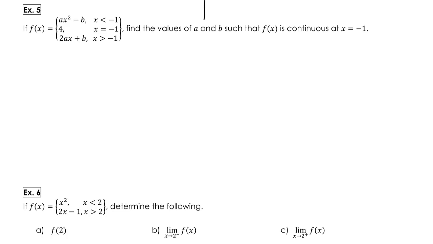Okay, so they are asking us to find the values of a and b such that the function is continuous at -1. Remember, continuity means the limit has to equal the output. If we look at these independently, we have a quadratic, which is good, a number, which is good, and a line, which is good. So independently, all these pieces are continuous. The question is, do they meet up at these breaks? So we need the left-hand limit to equal the right-hand limit to equal the output. Because if the left and right limits are the same,